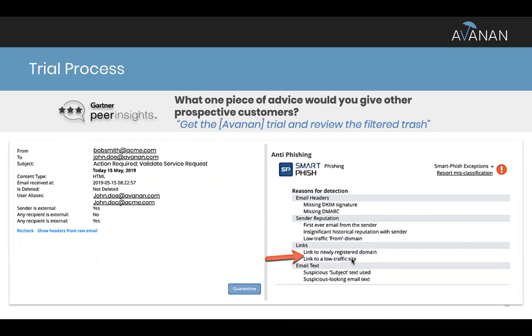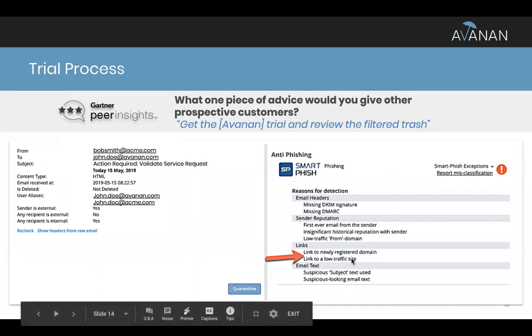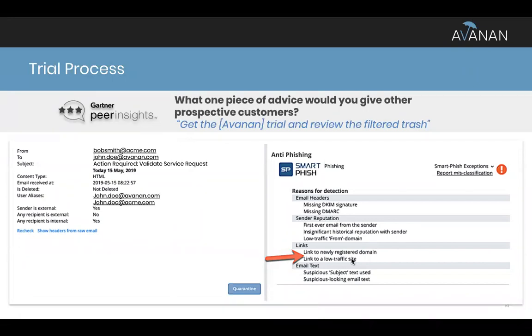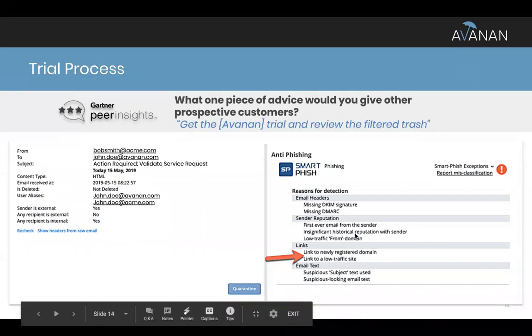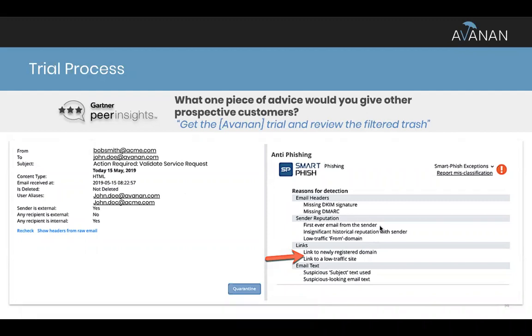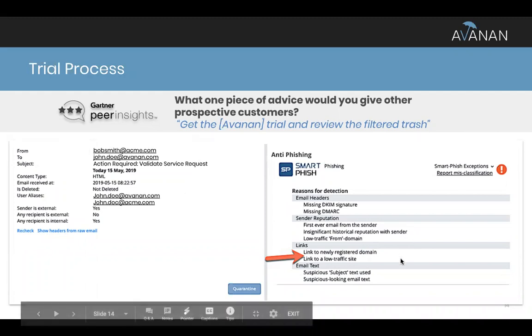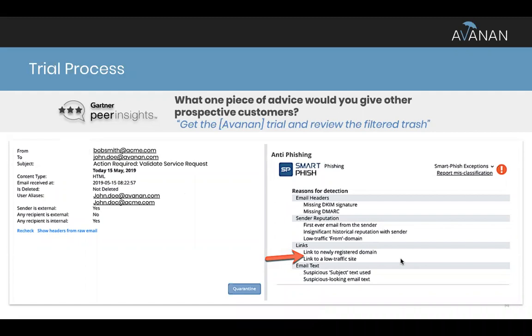And then you can actually go, why did we detect this? What was it about this email that was so suspicious? So you look at what our AI or machine-based learning is telling us. We've never seen an email from this individual before. Not a lot of history. Linked to a low-traffic website. We're actually looking at hundreds of indicators about every email that comes in, and then we have a score associated with that. And Chris will talk more about that in the demo.